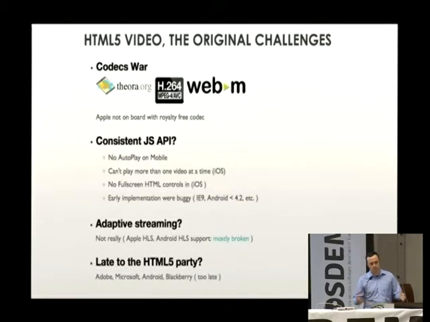And then, of course, there were parties that never showed up, or showed up late to the party, I guess you could say. I mean, there was a lot of doubt whether Microsoft was going to fully implement the standard, and Adobe also obviously resisted it for obvious reasons initially, and then Android as well sort of shipped a broken version of it for a while.